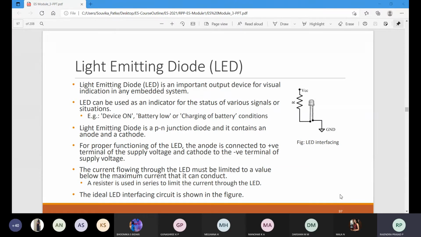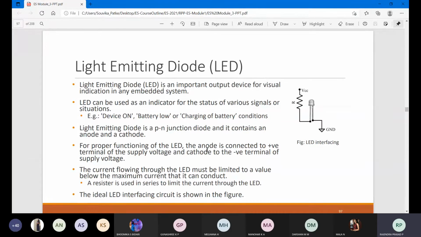So here also there should be an LED, right? LED can be used as an indicator for the status of various signals or situations, like device on, battery low, or charging of battery condition. These are all applications you observe in your daily life.